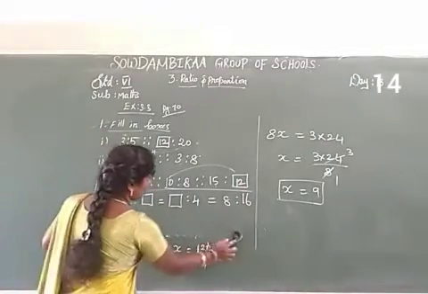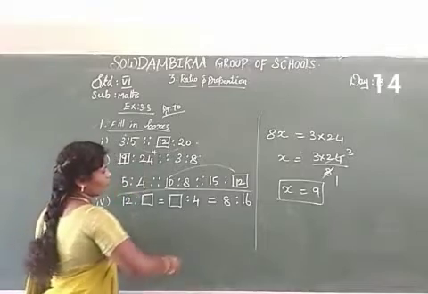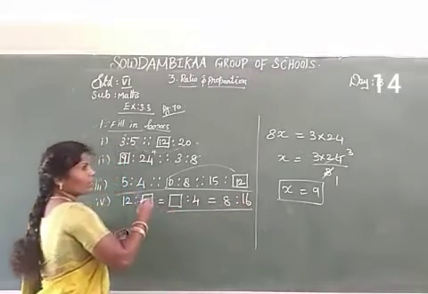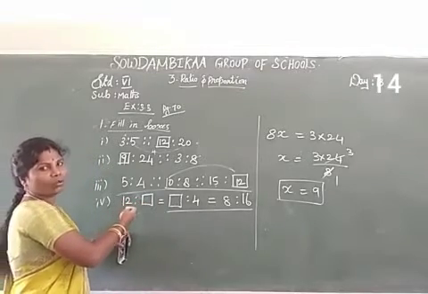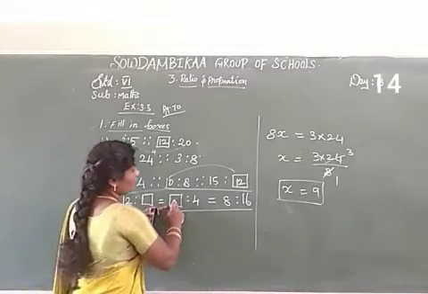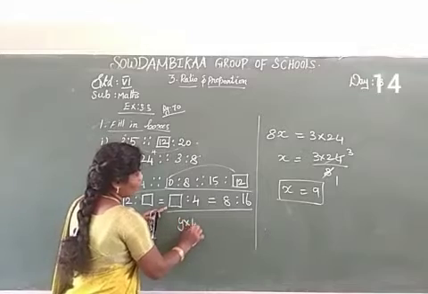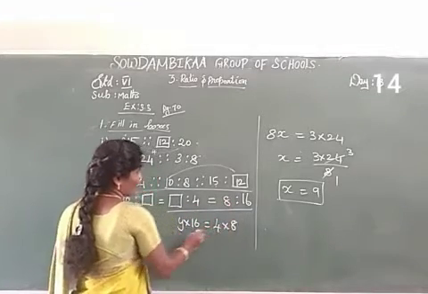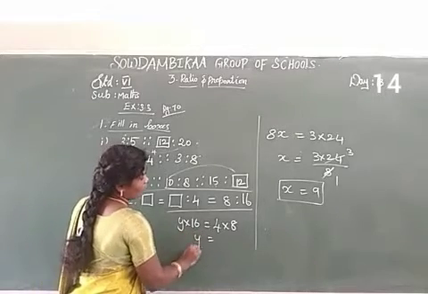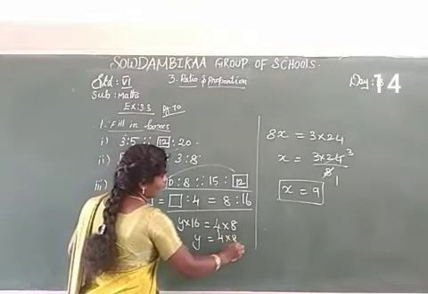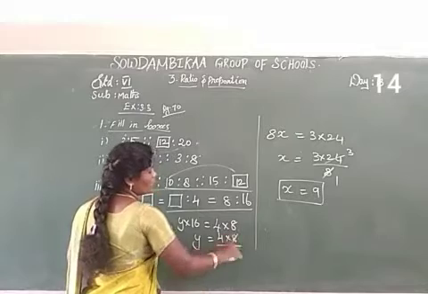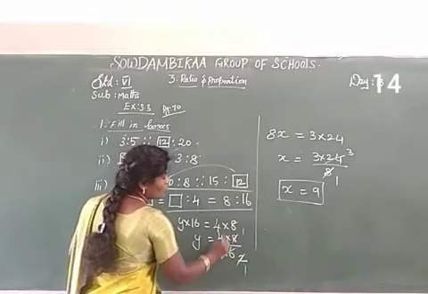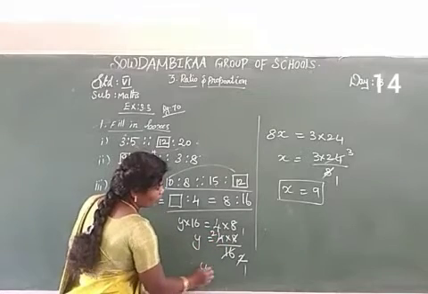Next, the last sum. First compare this: x into 6. The two numbers are missing, one x and one y. Okay, take only y. y into 16, 4 into 8. 4 into 8 divided by 16. 1 eight is 8, 2 eights are 16. 1 two is 2, 2 twos are 4. The y is 2.